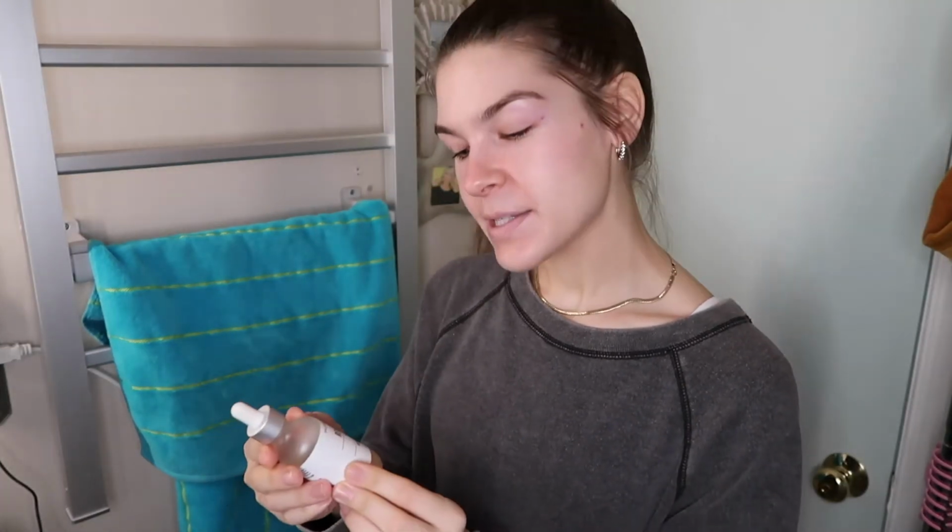So I have, for my last one, and this one's really important since I do have very, very acne prone skin and combination skin right now. I used to have even more acne prone skin until I started using Epiduo, which is something I only use at nighttime, and it's not always now. At the beginning I used to use it very, very consistently, whereas now I use it when I feel like I have a breakout coming on, and a lot of that has been due to my skincare routine. I've started taking really, really good care of my skin within the past couple of years, and I've been drinking a lot more water, so that's a really important part of your skincare routine as well. So this last one is from